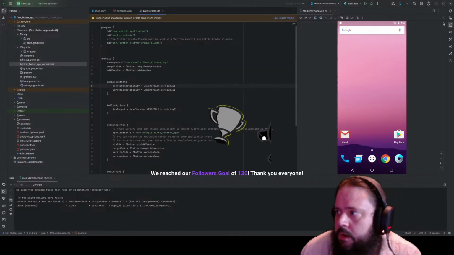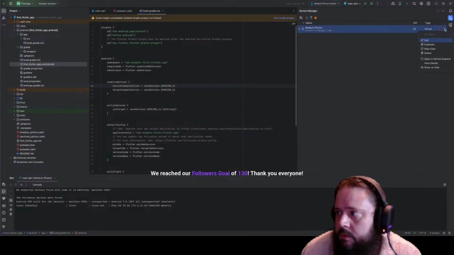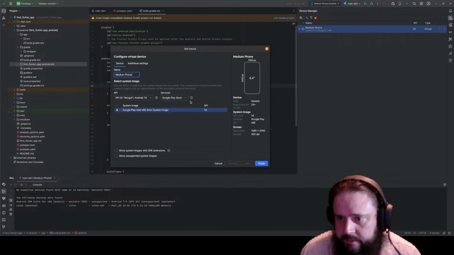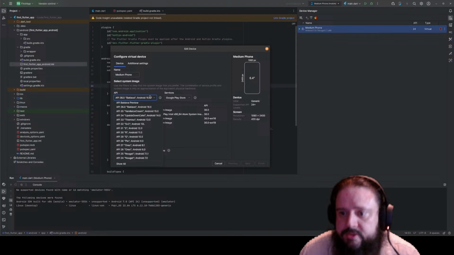Okay. Let me check. Device manager. Can I edit you to change your SDK, I wonder? No. That's all I get. What is this? Add new features to previous version. I guess? Doesn't change anything. Okay. So what if we were to upgrade x86 just for funsies? We'll go all the way up here. Okay, so